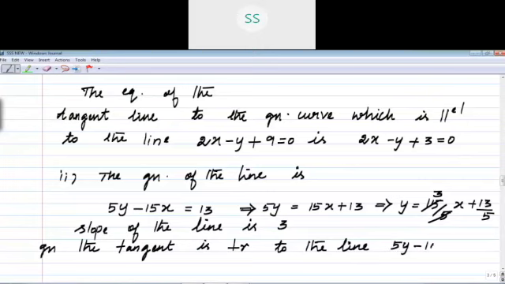5y minus 15x equal to 13, right? Then the slope of the tangent is what? Anyone, because it is perpendicular. I said perpendicular means you have to write the reciprocal with the negative symbol, right? Perpendicular. Then the slope of the tangent is